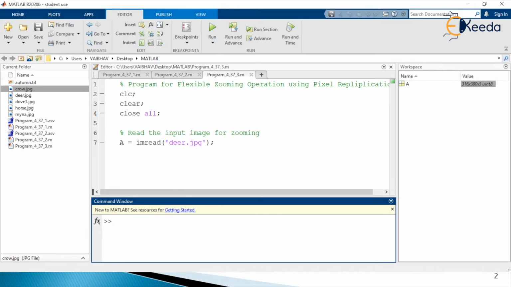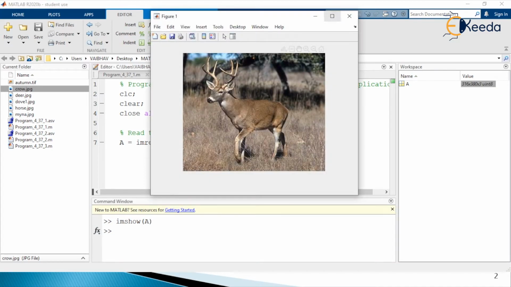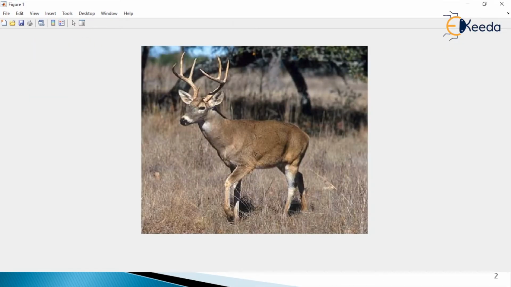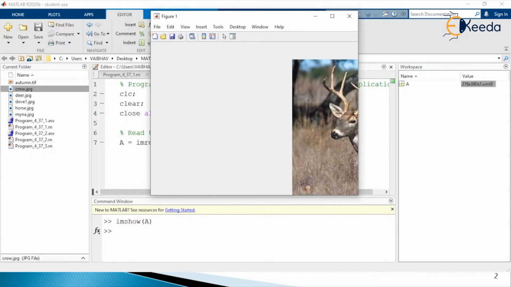I will just visualize this with the help of the imshow syntax here. So here you see I maximize this MATLAB figure. This MATLAB window is labeled as figure 1. You see a deer here. This is deer.jpg here. I go back to the MATLAB script here,